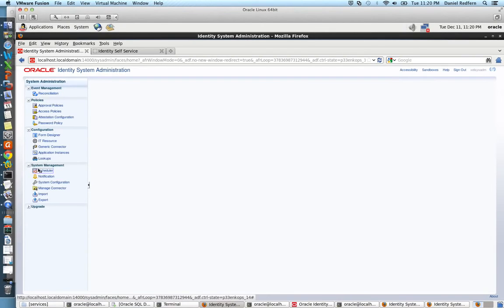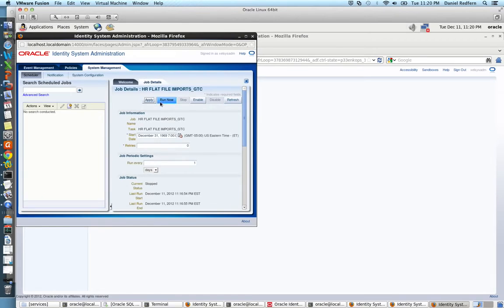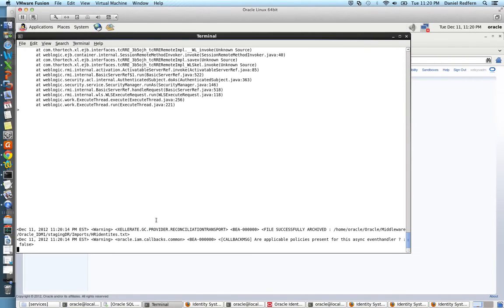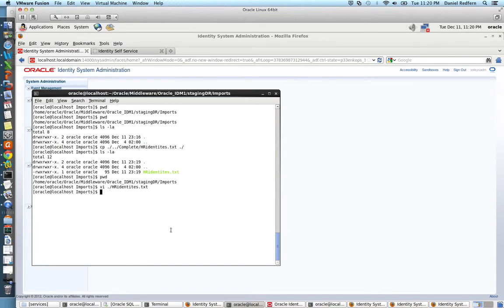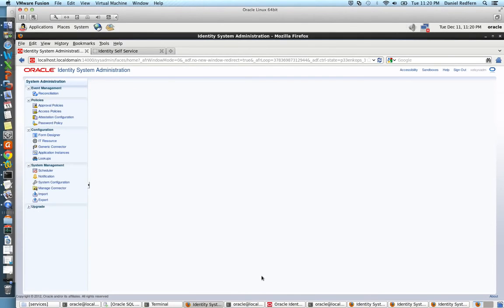So if we go into scheduler again, it should, give it a bash. So now we don't actually see the error again that we scroll down. And then the data file actually has gone into the archive that I've created, which is where it is. Hopefully